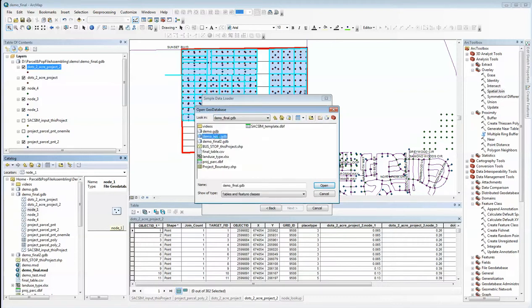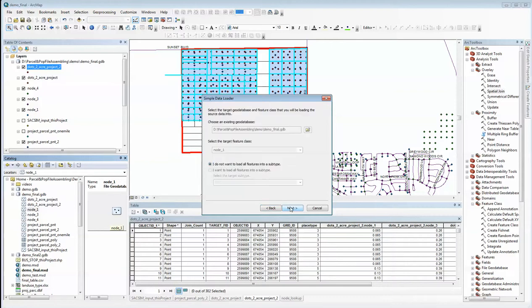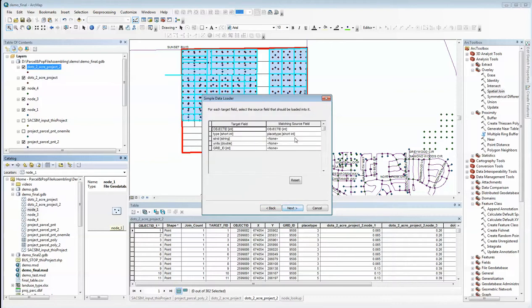So the input file will be this dots to acre project 2. It's open, add, next here. We leave everything as no, and then for the unit, we want to use the corresponding units. The units basically is the node density here. So for this layer, because it's node 1, we want to use